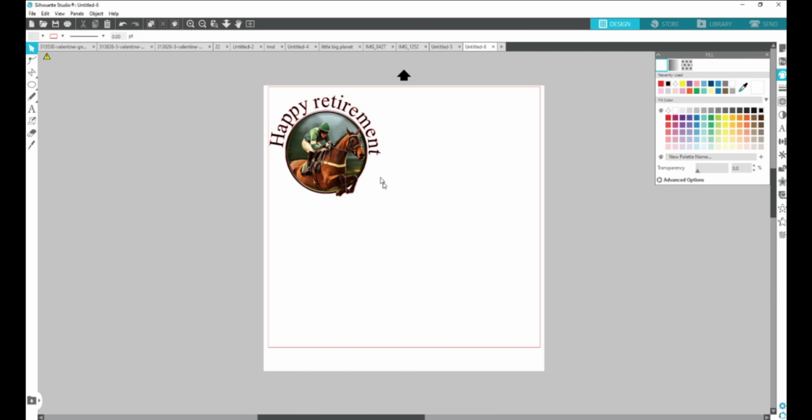So I just thought I'd come on and show you a quick way in which you can curve text in Silhouette Studio. I have the basic edition, so nothing fancy. You can use loads of different shapes, but for this I'm just going to show you exactly how to make this. So I'm going to duplicate that